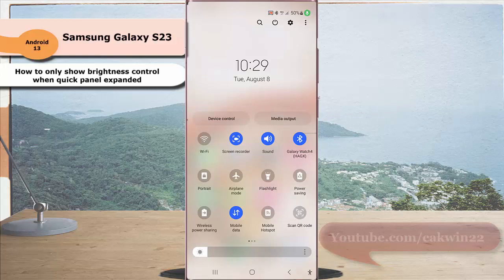Here you can see that the brightness control is displayed below the quick settings button when you are expanding the